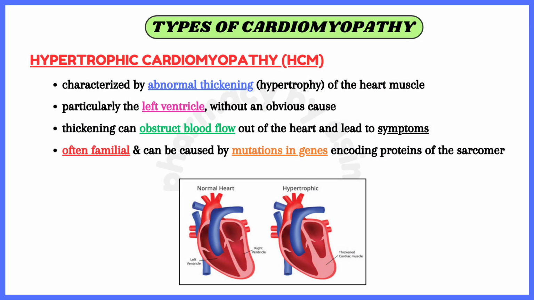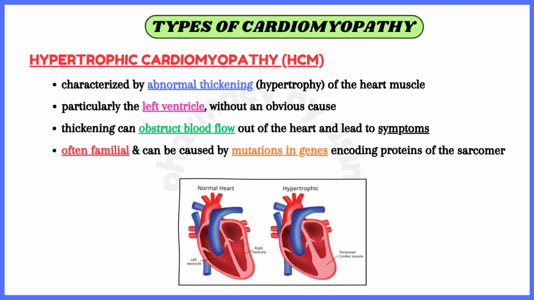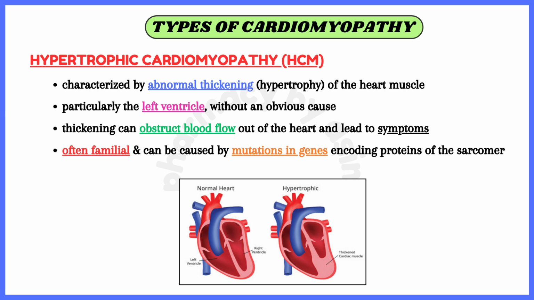Number two is hypertrophic cardiomyopathy or HCM. Hypertrophic cardiomyopathy is characterized by abnormal thickening or hypertrophy of the heart muscle, particularly the left ventricle, without an obvious cause such as hypertension or aortic stenosis. This thickening can obstruct blood flow out of the heart and lead to symptoms such as chest pain, shortness of